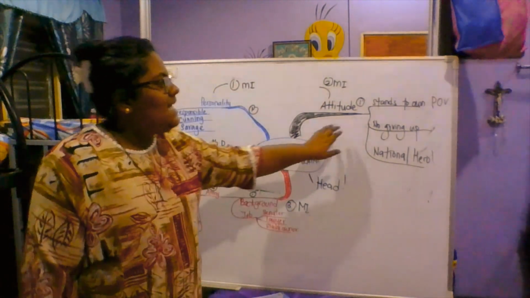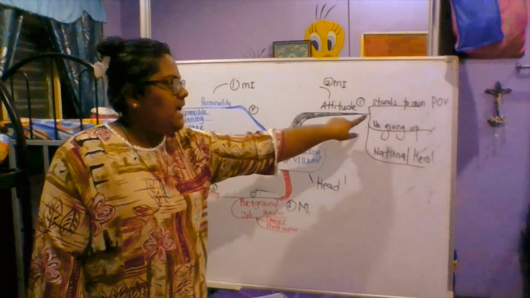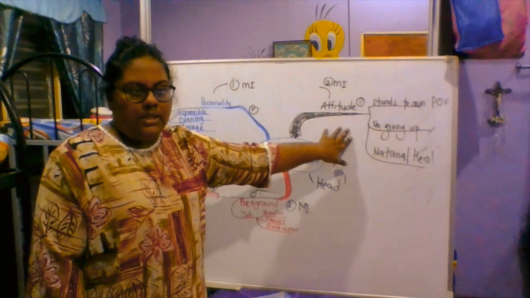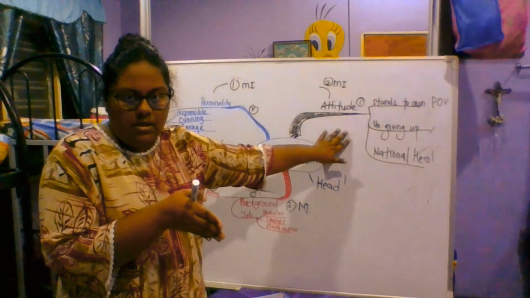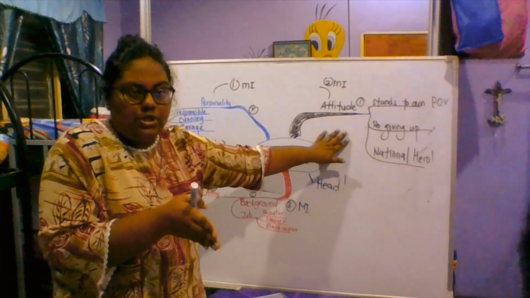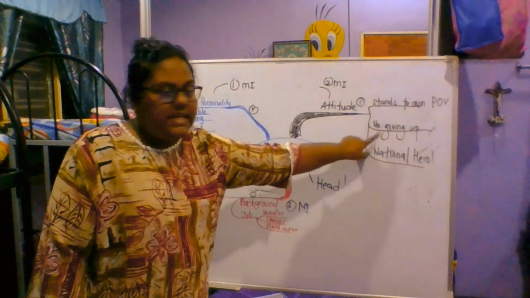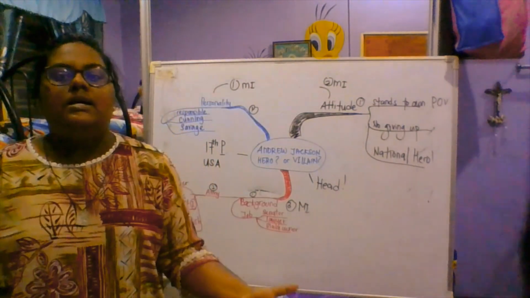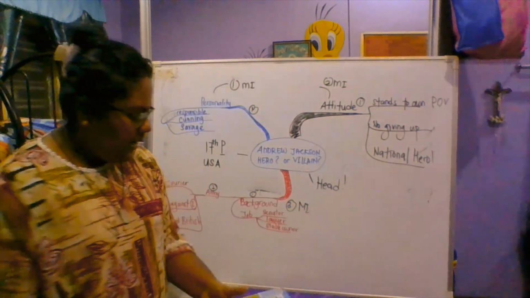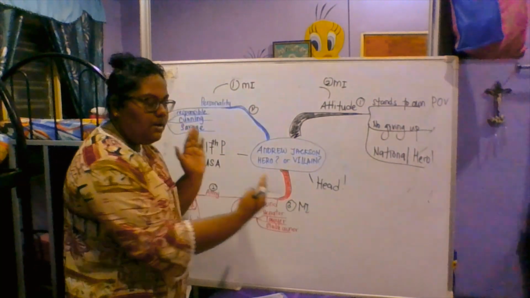And then his attitude, meaning what kind of person he was. He stands by his own point of view. That means if he has a goal or he has a view, he will stand on it. He will not let anyone change it, or he won't even change it on his own. That is him. And he doesn't give up. No giving up. And national hero. He is known as the national hero. Okay, so for now we are done with his biodata.